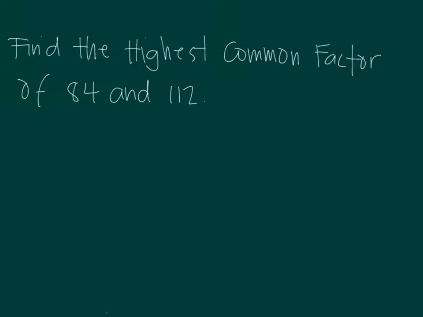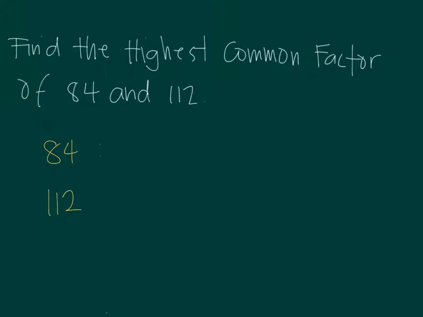So there are many ways to find the highest common factor of two numbers. We'll try to present maybe about 2 methods on how to find the highest common factor of 2 numbers. Or maybe 3. Let's see what we can have. Let's start with the most basic way of finding the highest common factor of 2 numbers. So we are given 84 and 112. What we could do is to really find the factors one by one for